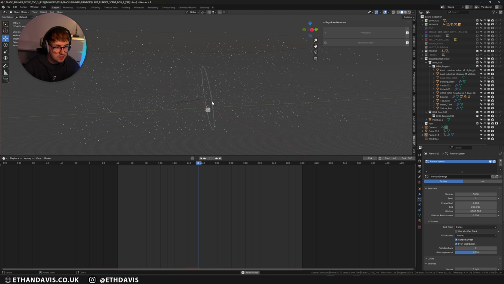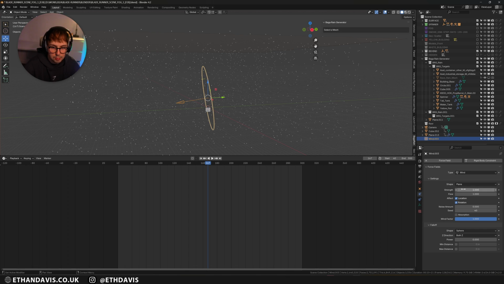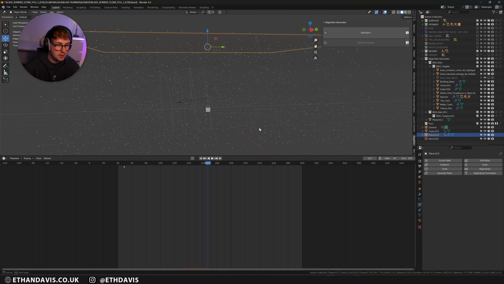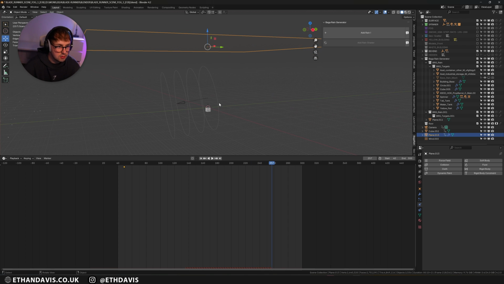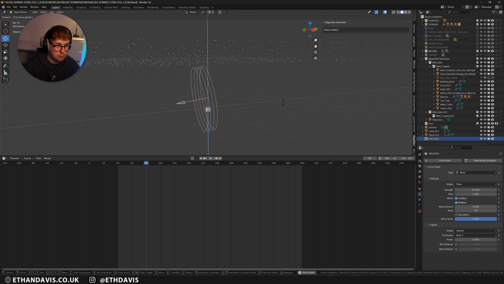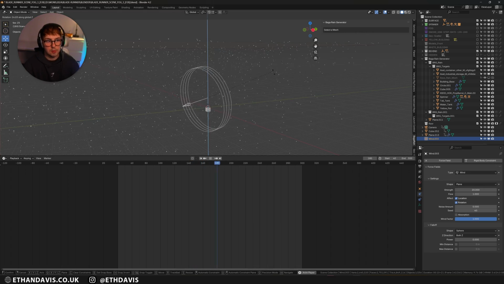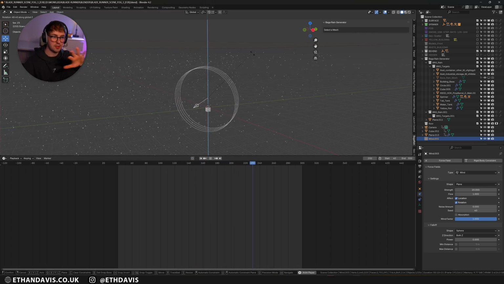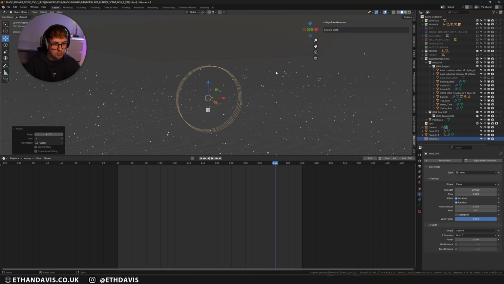Then once this is happening, you can start to increase the power of your wind, and then you'll start to get actual wind coming from your rain, which is very cool. And then I did the exact same as what I did on my cloth. I literally just rotated it slowly so that it was like the wind was actually having an effect on the rain, which is exactly what I wanted.